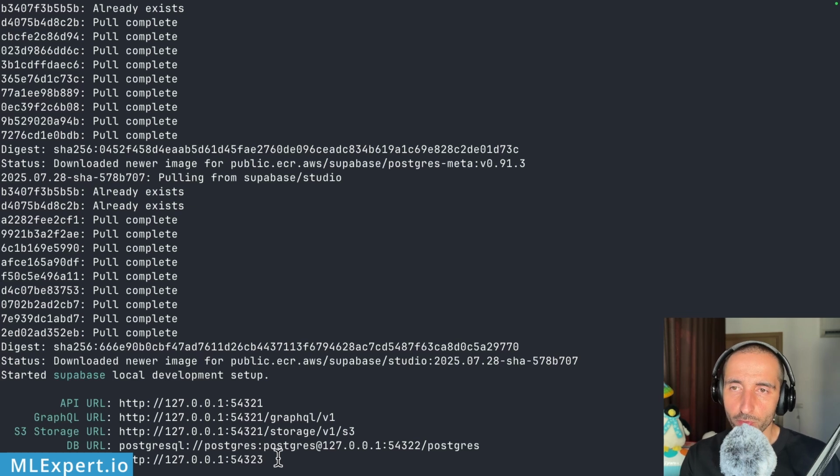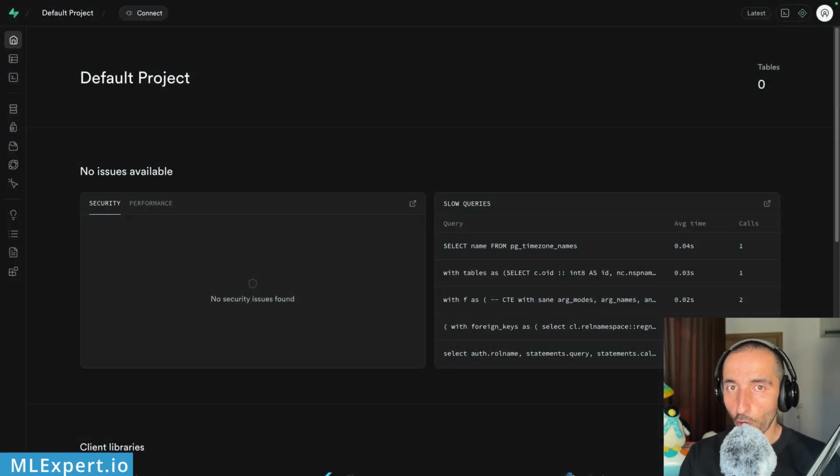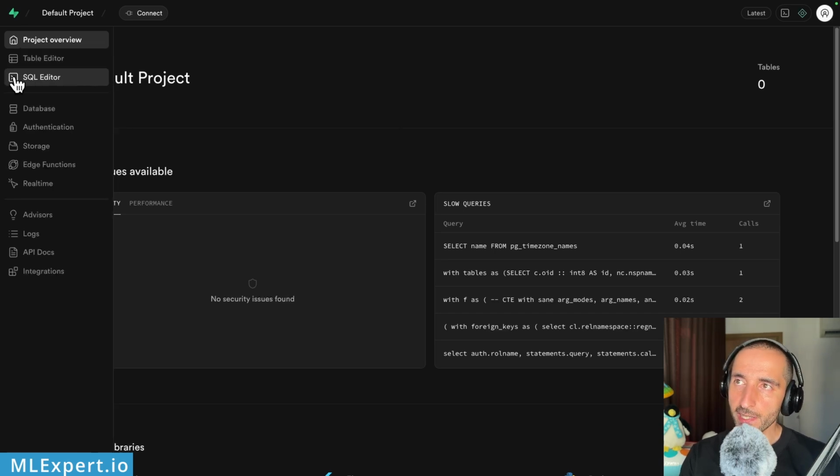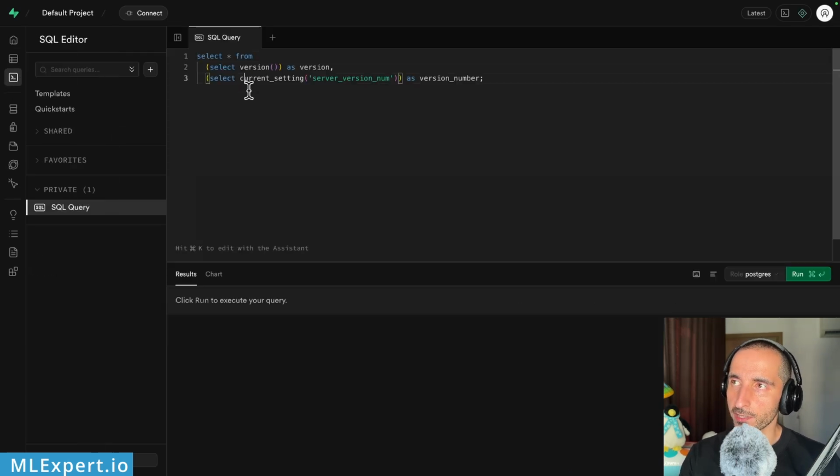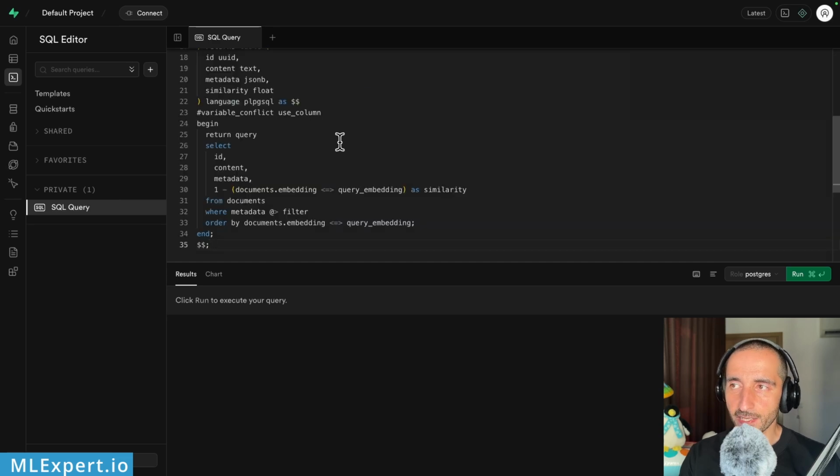You are also going to be presented, a bit further down if you scroll here, with the keys that we are going to need in order to connect to our local Postgres and Supabase instance. After you open the Supabase UI, you're going to be presented with the screen that you're seeing here within your browser. And if you go to the SQL editor right here,